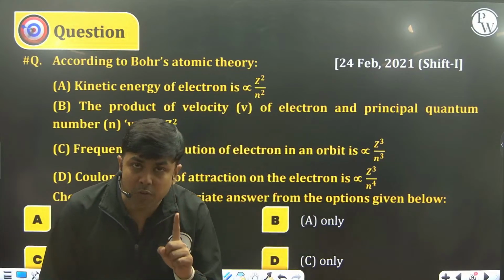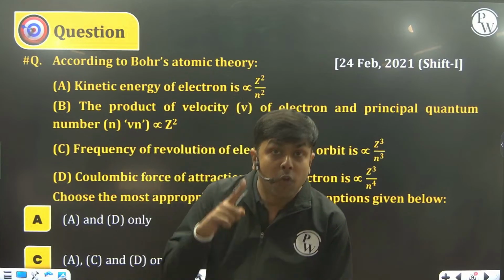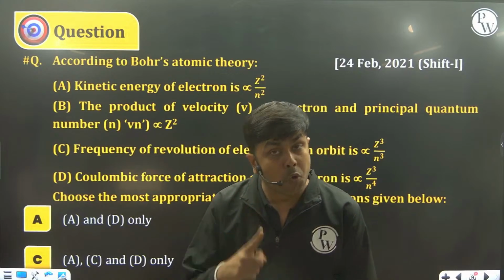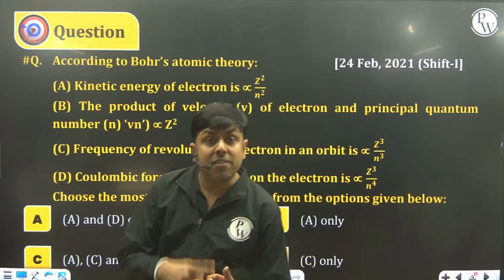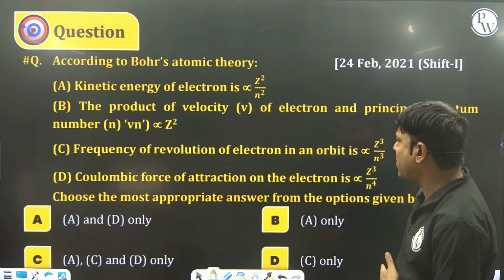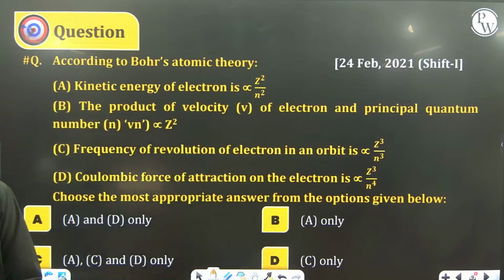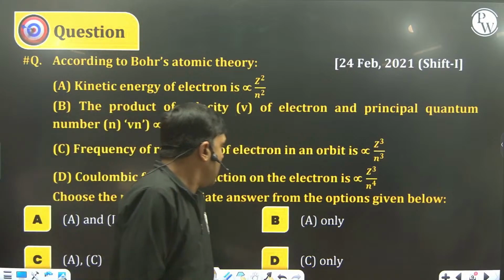Okay, if we look at this particular question, it is directly taken from Bohr's model, a formula-based question. The key concept is you need to remember each and every formula, whether it is radius of electron in the nth orbit, velocity of electron in the nth orbit, total energy, kinetic energy, potential energy of electron in the nth orbit, then frequency, and the last one, the Coulombic force of attraction. So, shall we try it? How many of you can do it? Please do it ASAP. These are directly class 11th questions taken from the chapter atomic structure. Can you solve it? Which one is the correct key?